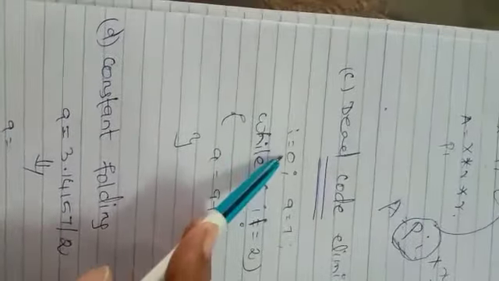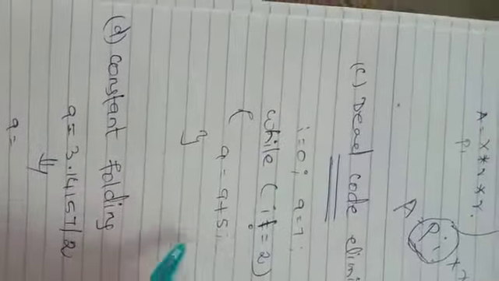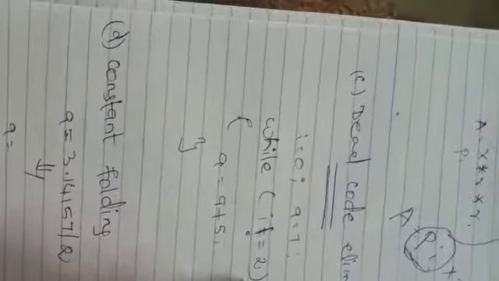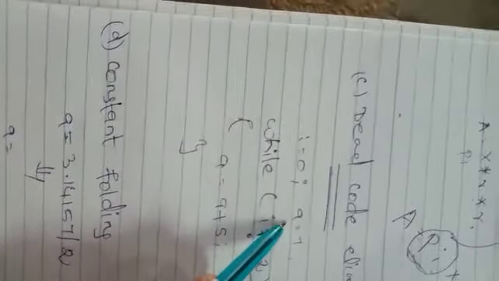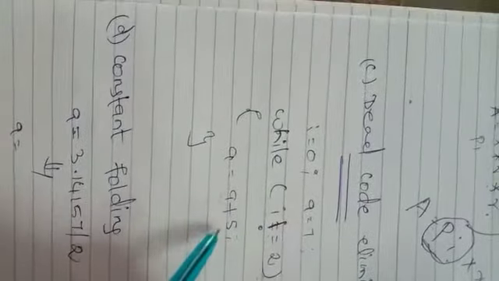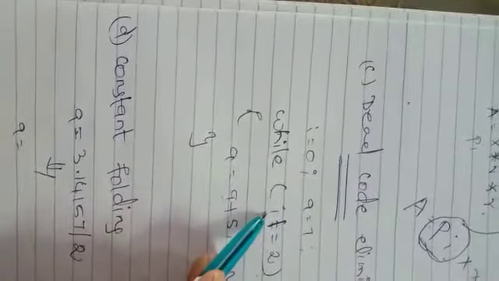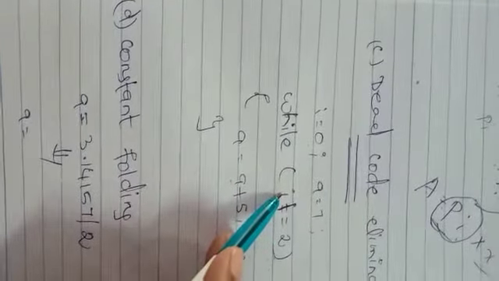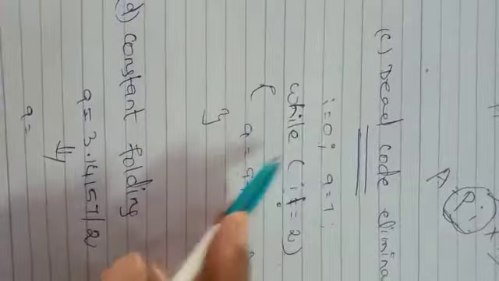Here I define i equal to 0. The loop is repeated. i not equal to 2. So the first time, what's the i value? 0, so a equal to a plus 5. What's the a value? a equal to 7, 7 plus 5 equal to 12. Again it goes here. What's the i value now? Again i equal to 0. Here I didn't increment the i value, so always the i value is 0.